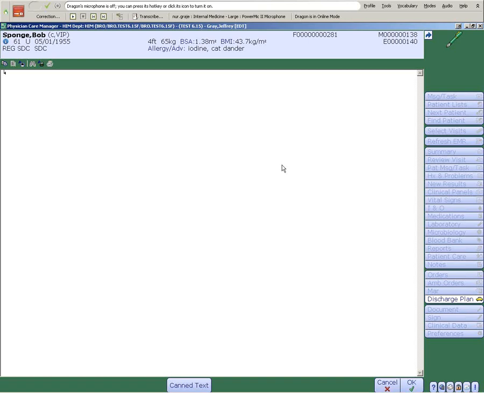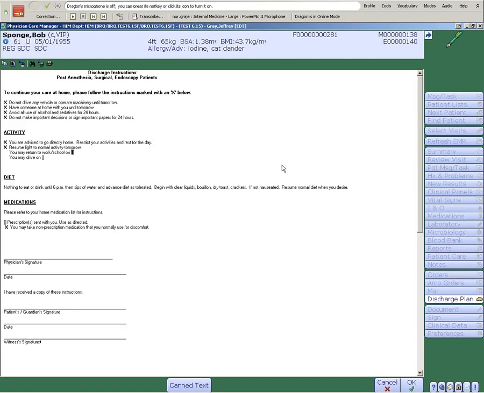regarding his surgery today. I've used the command "my same day ENT," and this immediately puts in a modified version of our post-anesthesia surgical discharge instructions. I've already indicated the fields that I wish for them to know. These are already at the top. The anesthesia post-care instructions are all highlighted, and my cursor goes immediately to my first required field. In this situation, it's asking me when the patient can return to work or school. I can simply state when, "Monday," move to the next field utilizing Dragon, "Monday,"